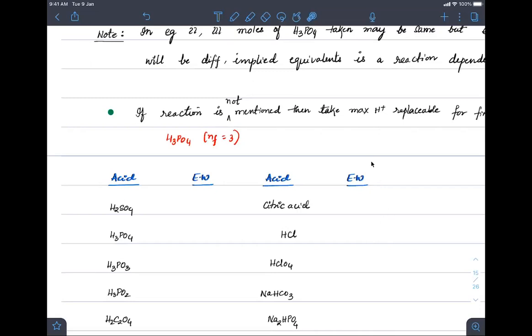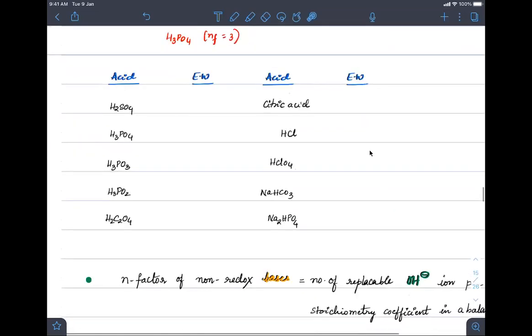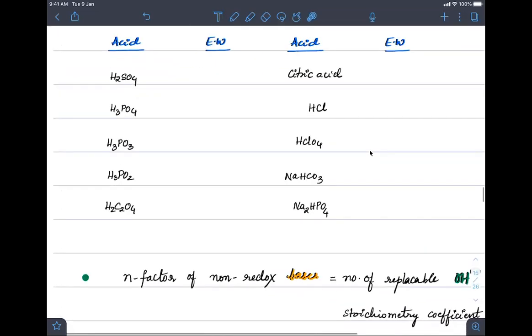So we will look at it based upon the nature, based upon the type. Done? Everybody understood that? Now, based on this, we just have to calculate the N factor, and based on the N factor, we have to write their equivalent mass. Just write equivalent mass as m by 2, because it will replace 2 of the hydrogens here. Similarly, I can write it as m by 3 at maximum, because the chemical reaction is not given, so I will take it as maximum.